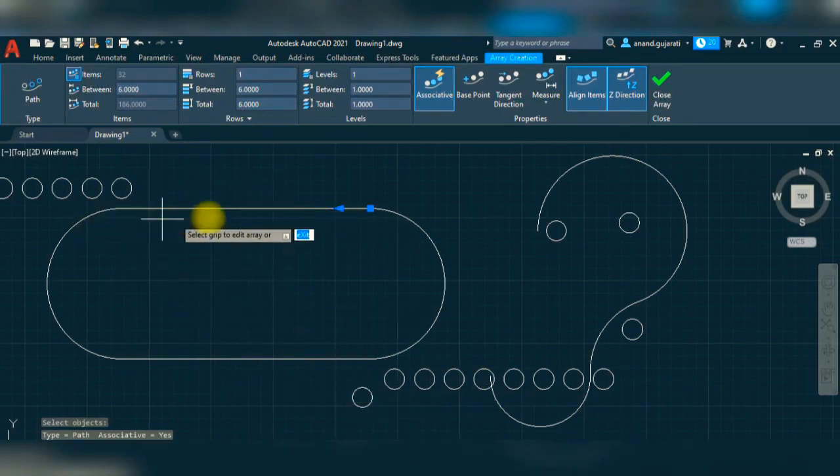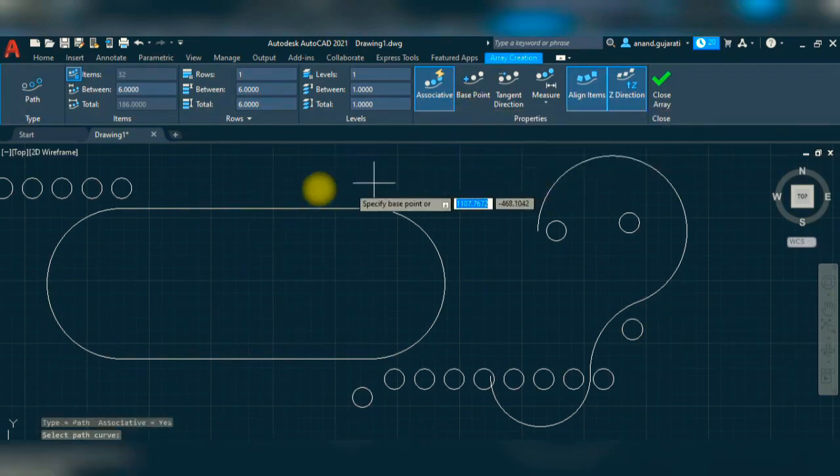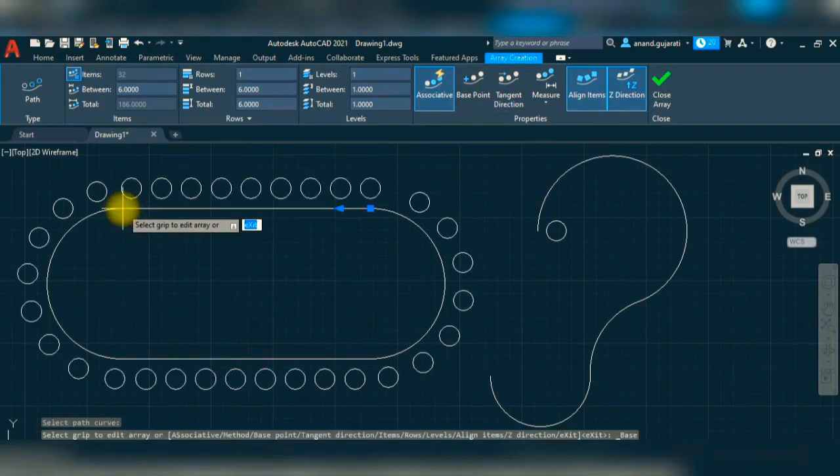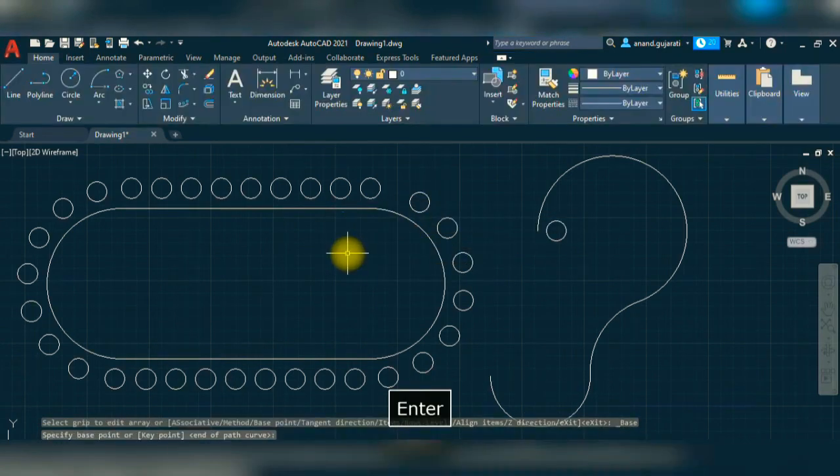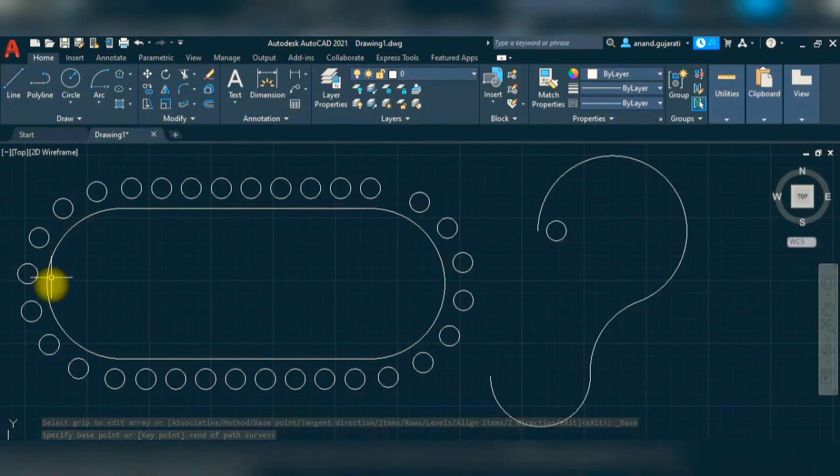So for that reason we need to select the base point. Base point is here. Now you can see the array is created. Then enter. In this way we can create the array.